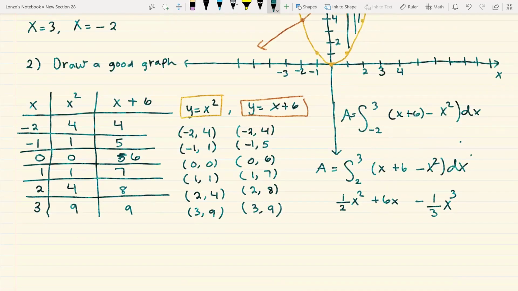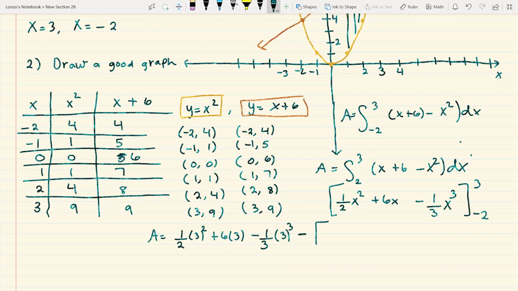Then we apply our boundaries, -2 to +3, upper minus lower. So area equals 1/2 times 3 squared plus 6 times 3 minus 1/3 times 3 to the third, minus the bracket,